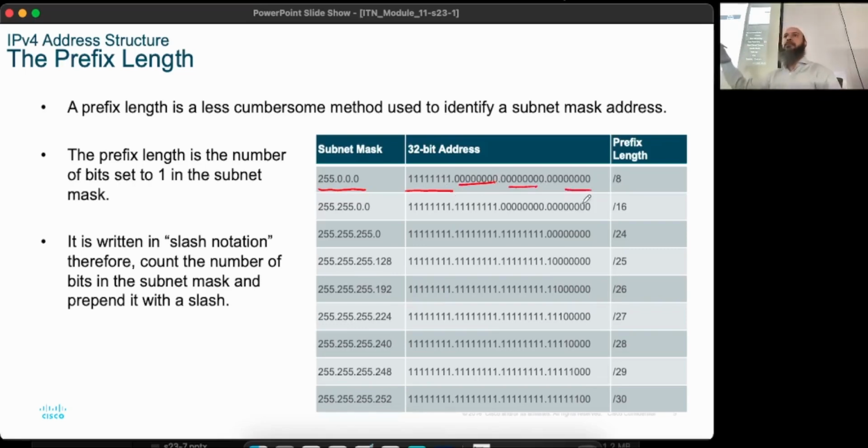255.0.0.0, it's the same thing. So 8 bits actually, not 7 bits. I think I said 7, 8 bits, because it's 8 for the 32. So you can also represent this whole big thing using a much smaller number, which is /8. Whenever you see /8 anywhere in computer networks, it means it's the subnet mask. And what is the 8? The first 8 bits are ones, everything else is a 0. So the first 8 are for the network, and the rest is the host, exactly.